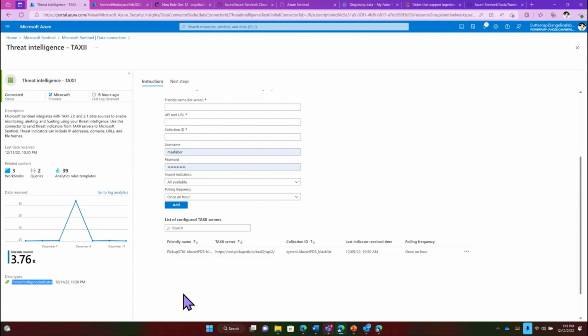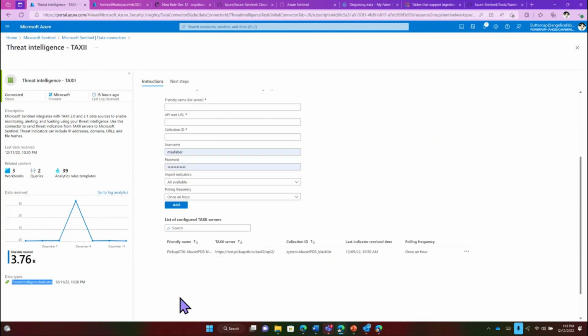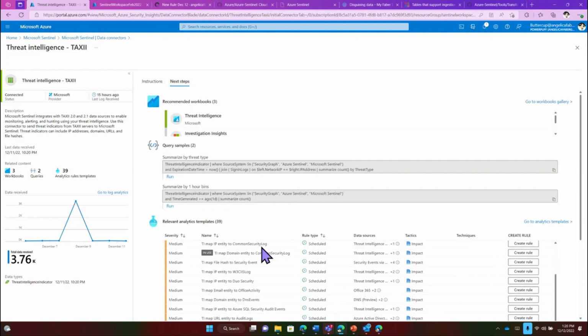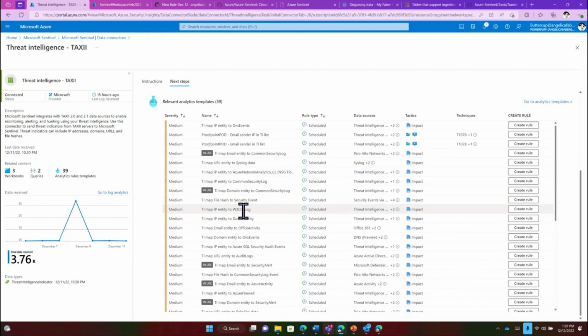But this is really the recommended way. It's very easy. All you have to do is set up your server name, your TAXII server name, the collection, and the user and password, and then you're going to start ingesting data automatically. One thing it comes with is some queries, and it also comes with some analytic